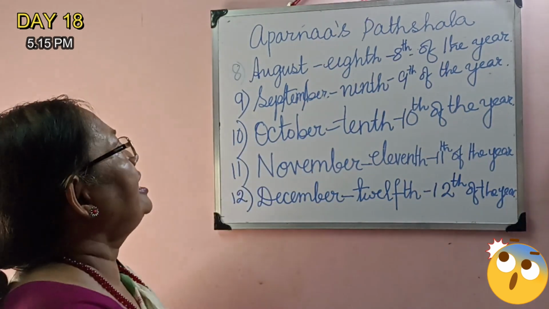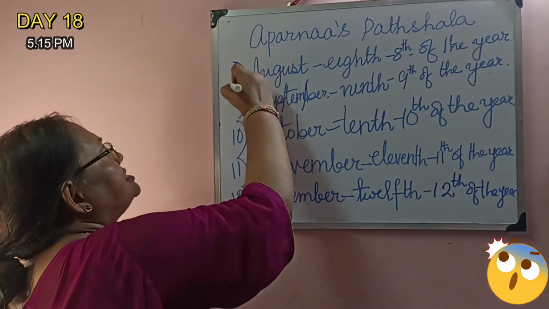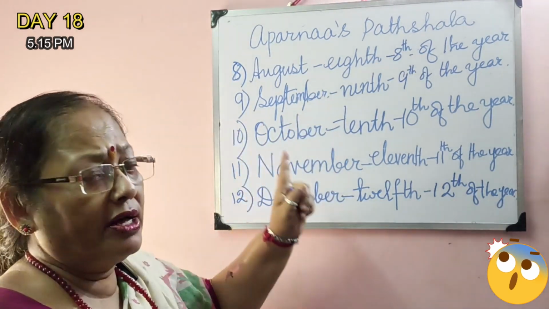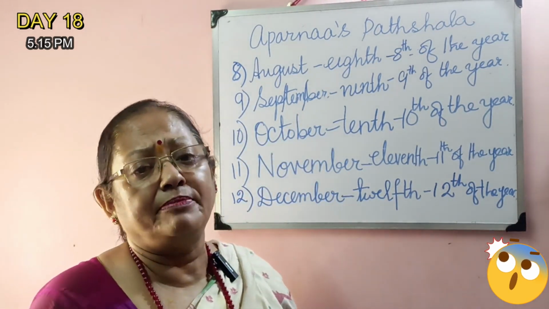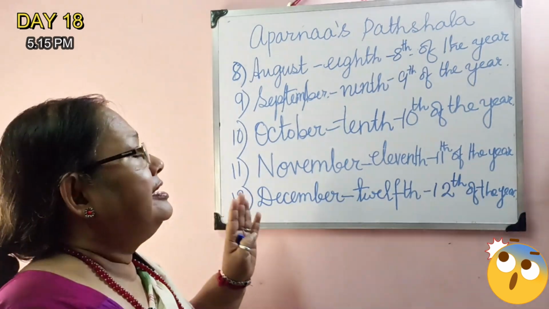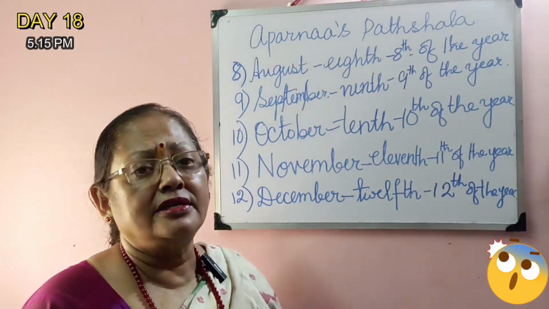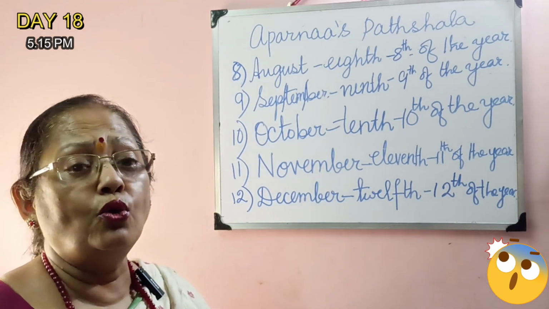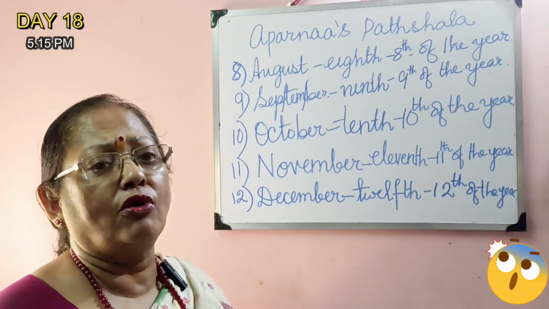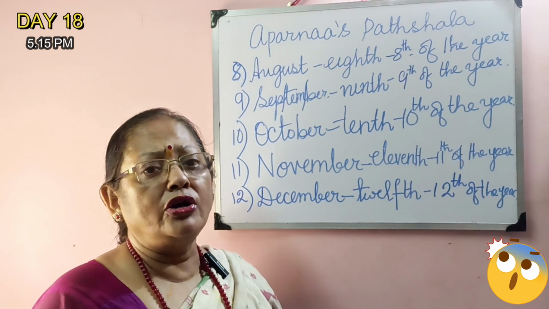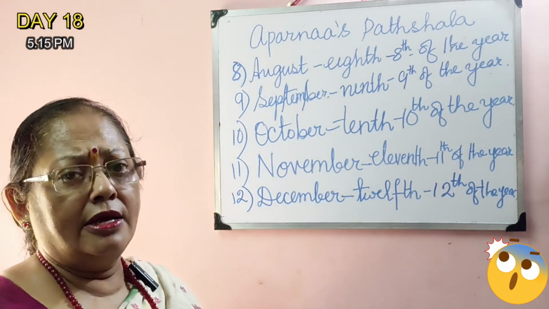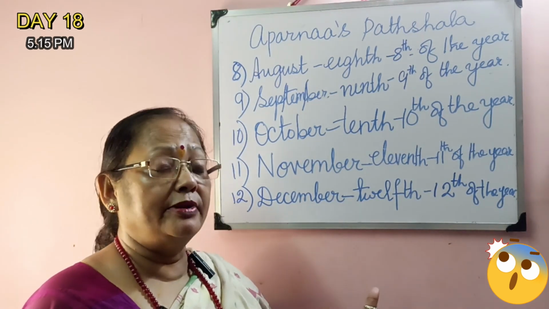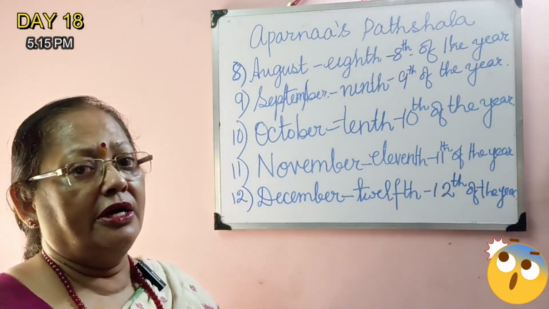What is that? The 8th one is August, A-U-G-U-S-T, August. Don't forget it, my children. Hear it, listen to it once, twice, thrice. No need to write it down in your copy. This is audio-visual one. The more you will see and go through it, you will be able to remember it.